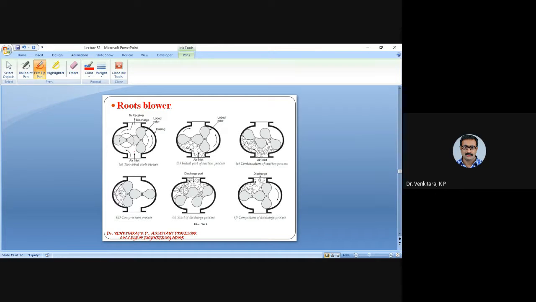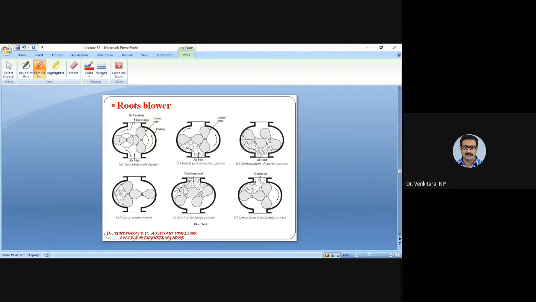അപ്പോൾ അവിടെ എന്താ പോസിറ്റീവ് ഡിസ്പ്ലേസ്മെന്റ് പമ്പിൽ എന്താണ് there is no dynamic action on the fluid. That means the pumping element, whether it is a piston or a gear, നമ്മൾ ഗിയർ പമ്പ് പഠിച്ചതാണ്. ഗിയർ പമ്പിൽ എന്താണ് two mating gears are there. So when they rotate, they trap the fluid between the teeth and the casing, and as these gears rotate, this trapped fluid will be pushed forward. അപ്പോൾ അത് ഏത് ഡയറക്ഷനിലാണോ റൊട്ടേറ്റ് ചെയ്യുന്നത് ആ ഡയറക്ഷനിൽ ആ ട്രാപ്പ് ചെയ്ത ഫ്ലൂയിഡിനെ പുഷ് ചെയ്ത് it will be moved from the suction point to the delivery point. This is how the pumping was done with a gear pump or a reciprocating pump. So the same way here also you can explain the operation.